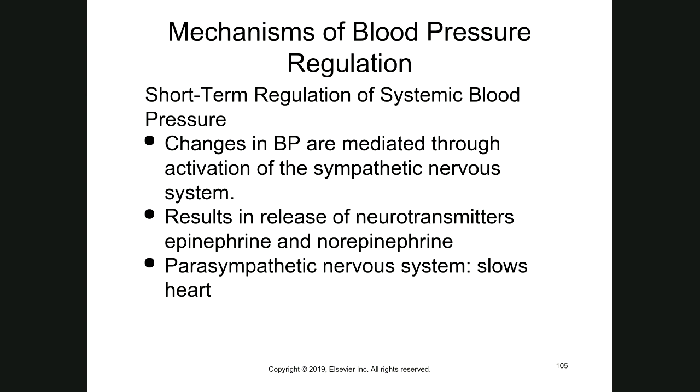Remember, we mentioned this one in one of the quizzes, and many people became a little confused because they thought that the long-term regulation is the first thing that will happen. No, that is the reason it is the long-term. When the body wants to regulate its blood pressure, we have short-term regulations of that pressure. Any change in the blood pressure will activate, obviously, the sympathetic nervous system first and will result in the release of the neurotransmitters epinephrine and norepinephrine. And the parasympathetic nervous system is the one that slows this down. Careful with that because many people confuse this.